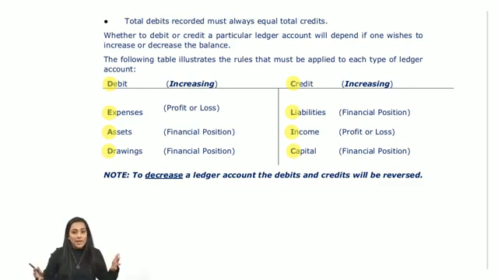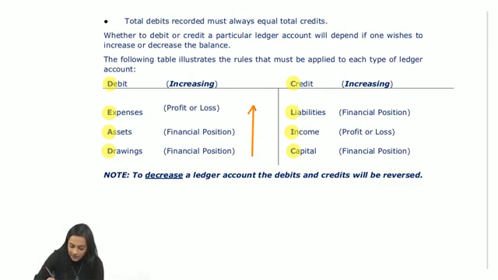If you want to increase any of their values, you show the transaction on the debit side. But if you want to decrease any of their values, you show the transaction on the credit side. So if you want to increase any of these,